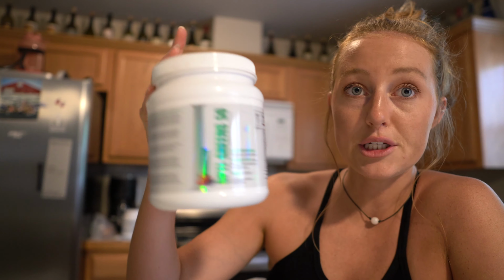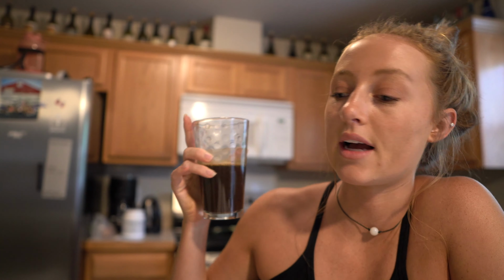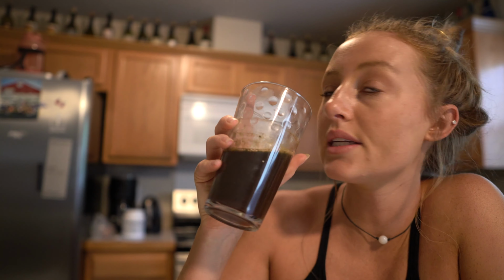So I do the Opti Reds every single day, and then the Opti Greens every day, 2 scoops of each. I just mix that with a little bit of cold water. Favorite snack ever, makes me feel so good. Digestion on point, bloating decreased, clearer skin, more energy, all the things. So I'm gonna drink this